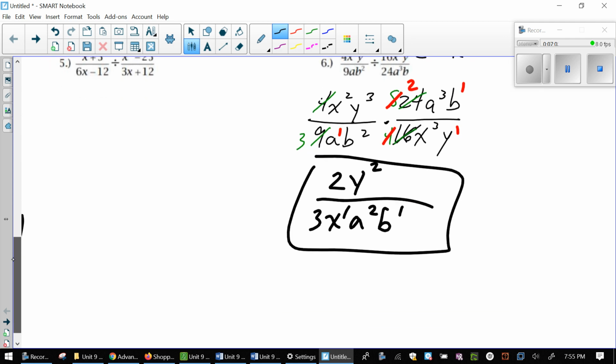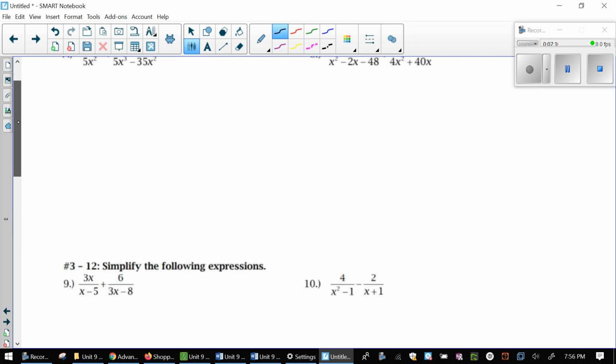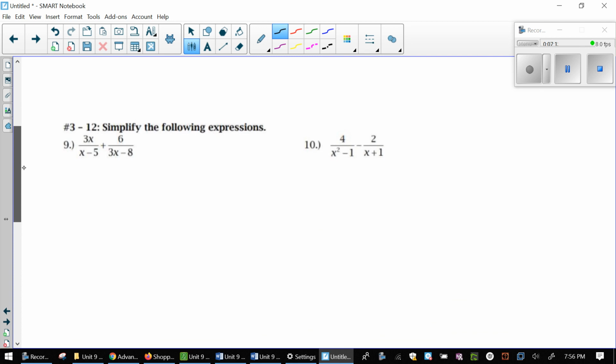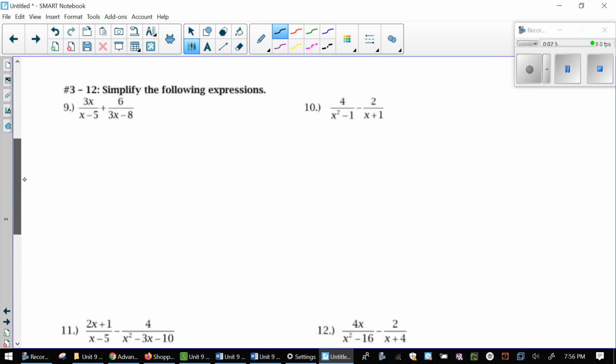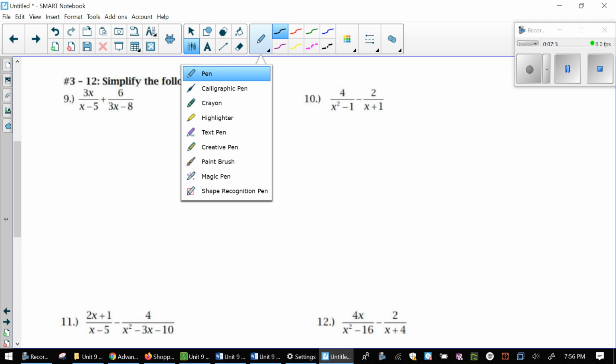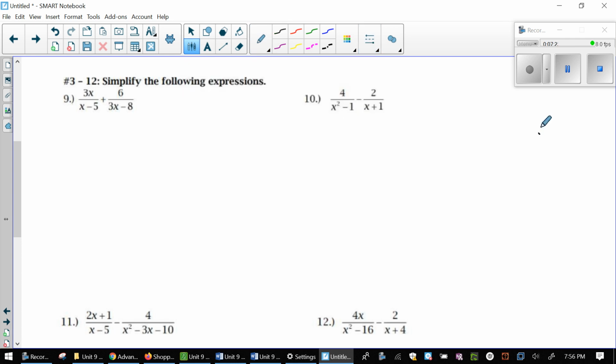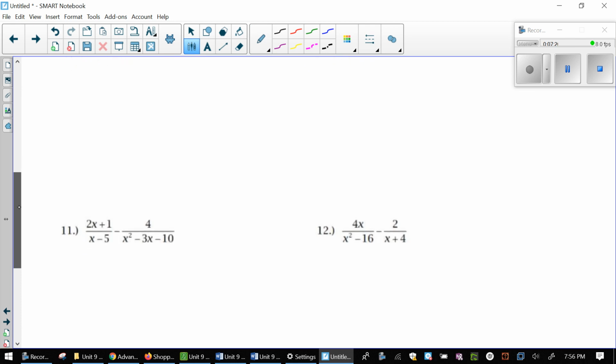All right, let's keep cruising. All right, more division. I'm going to leave those to you guys. I'll get some solutions up later for you to check. This is for you to kind of get through this on your own. Simplify the following expressions. Let's keep going. Let's do one addition and or subtraction. Yeah, let's go down here and let's do number